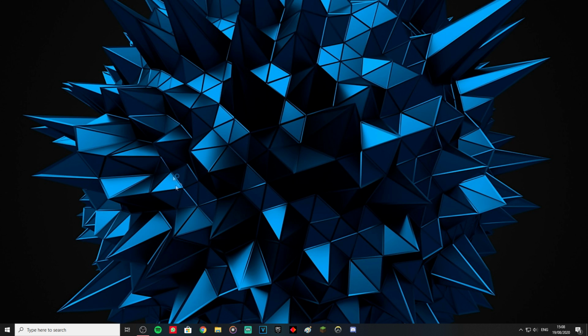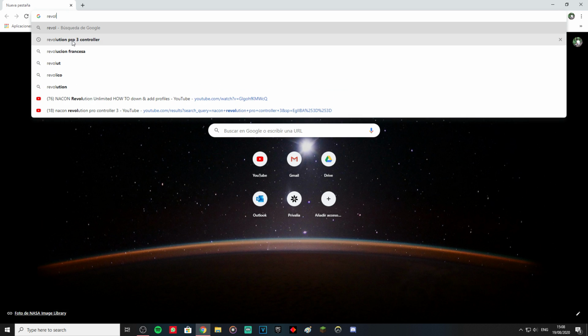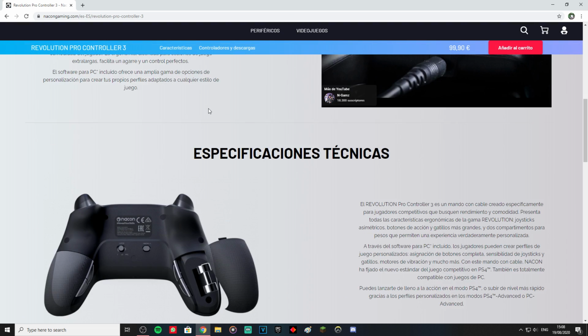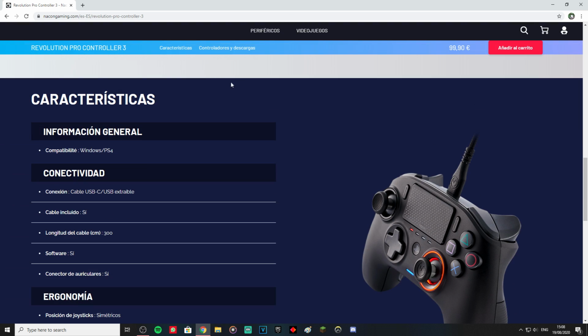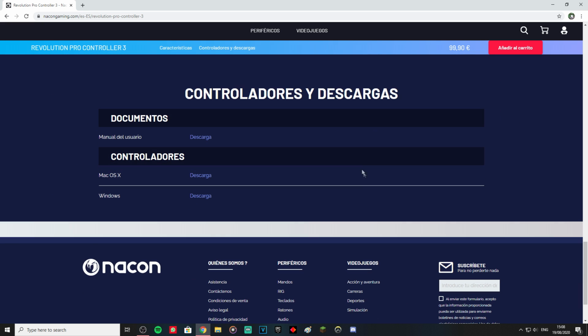So first of all, we're going to look for its software. We have to look for Revolution Pro 3 controller, and we're going to the first link. I'll leave the link of the software in the description. In this case it's in Spanish, but I will leave it in English. Here you have to go to drivers, or controller drivers in Spanish, and depending on your OS you're going to download